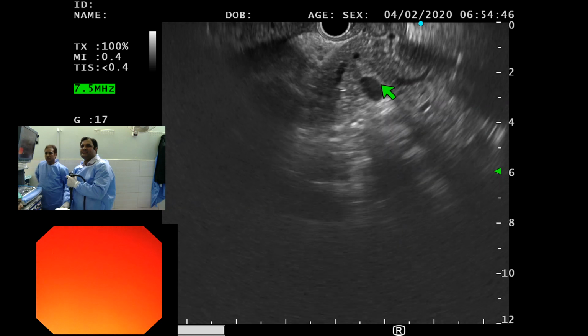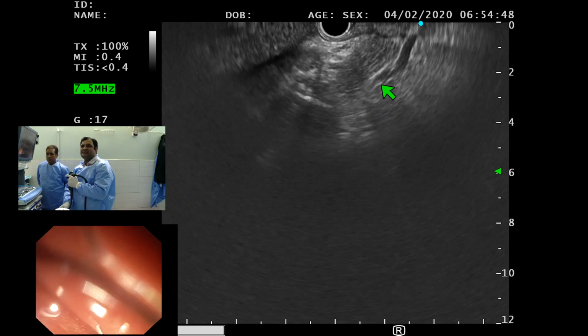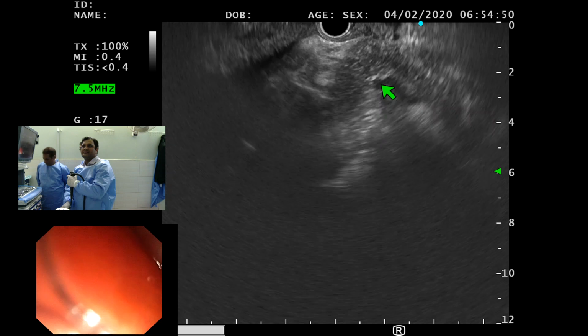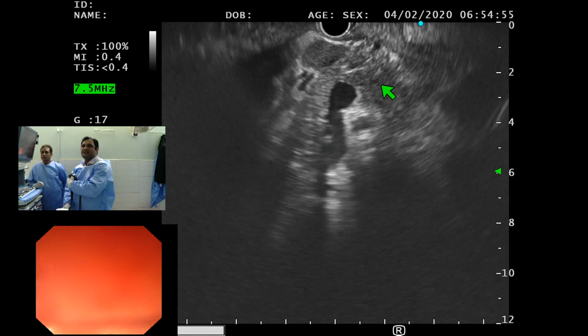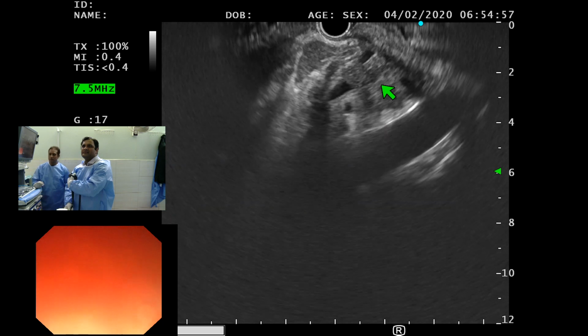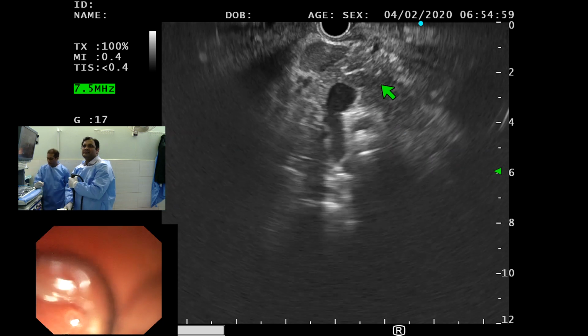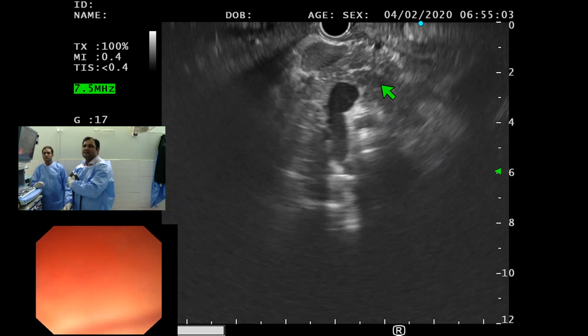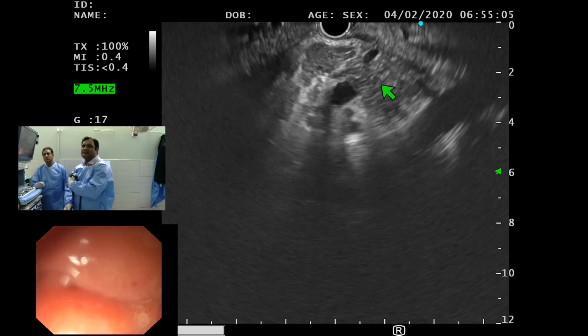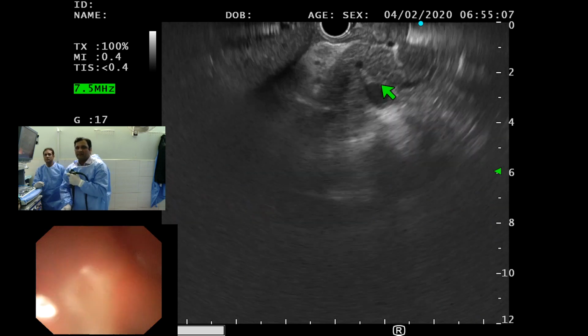So just as Khalid says, this patient has not learned the book. Because of the deformity, we are not able to go in just as it's written in the book. We are trying to have a look at the pancreas from an angle. This is not the classical anatomy that we expect in the D1.